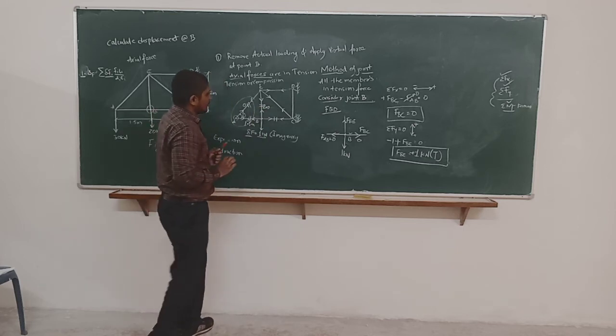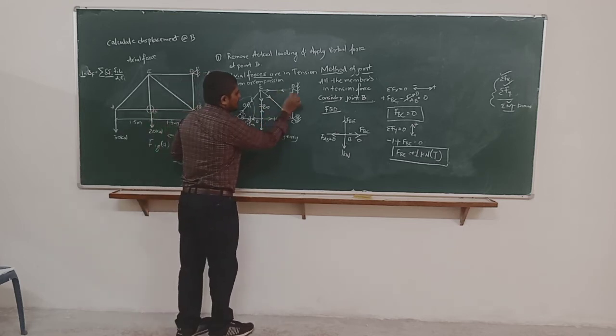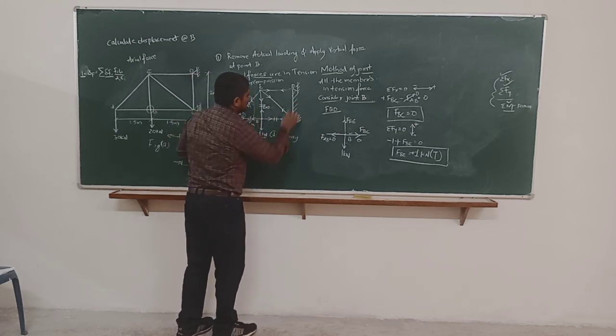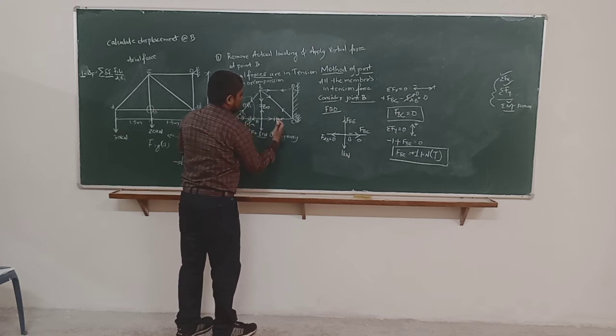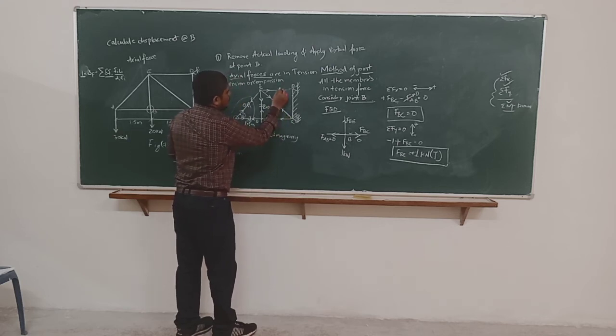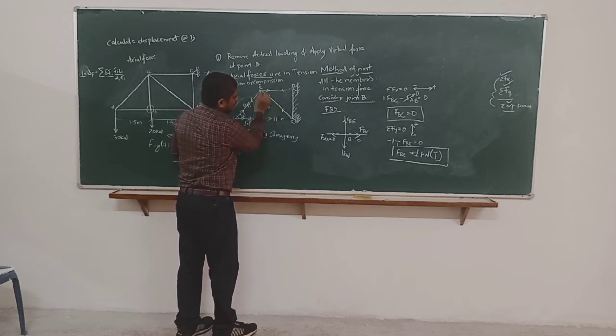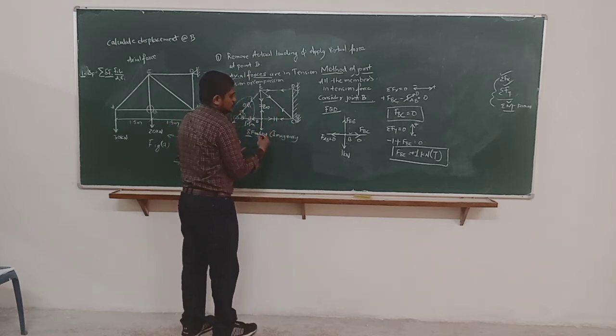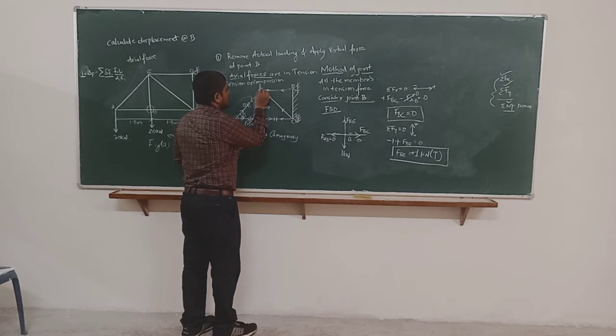So which all members are left now? Member this and member this. And this is the support condition. This is not a member. Okay, this is the support condition. Fixed cantilever truss type it is. Okay. So now we have to find ED and EC. So let us consider, I can consider joint C also, but not required. If I consider joint E, I can cover easily ED as well as EC.